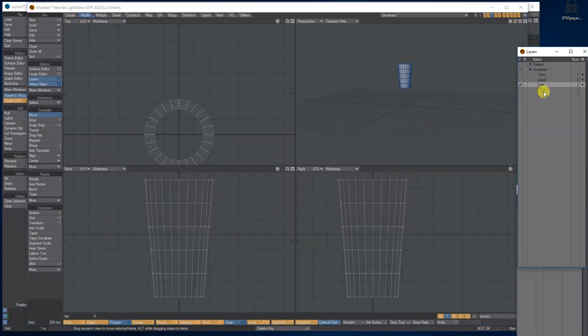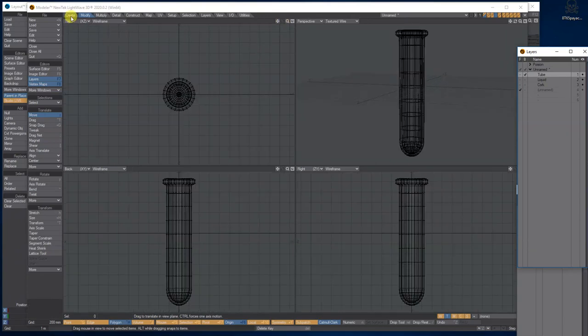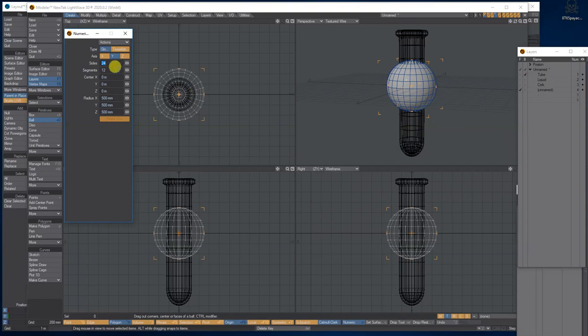The last thing I did is I went in a new layer, and with the create tool, I did the basic ball. Let's just make it something very small, like 50 mil.